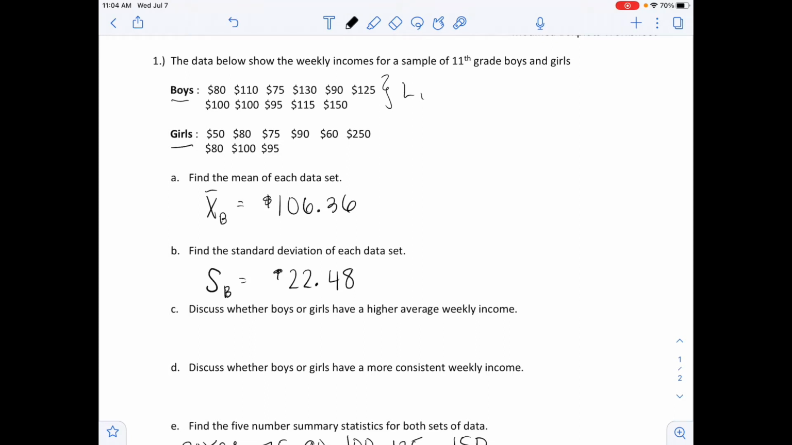So the next thing you're going to do is the same thing but for the girls' data. So go ahead and clear the data for the boys in L1, and now you're going to enter in the girl data into L1. Once you have that, remember, go to one-var stats, and you should get the mean for girls, and I'll put a G for girls, and this is going to be $97.78, and our standard deviation for girls is going to be